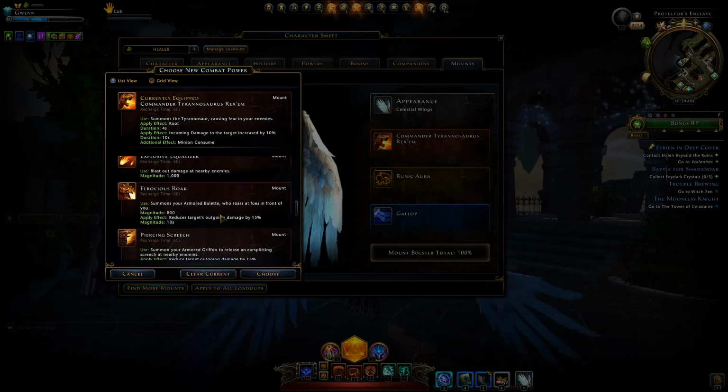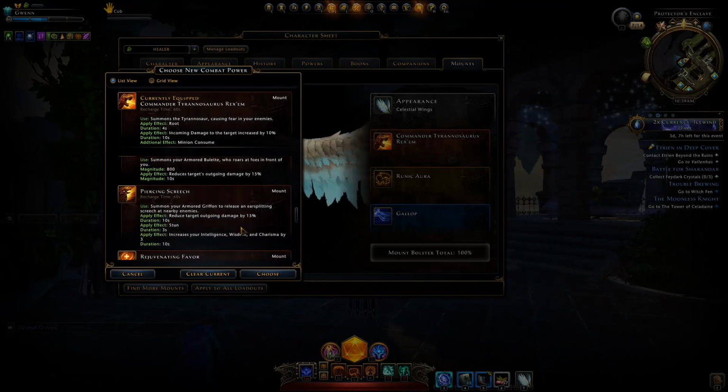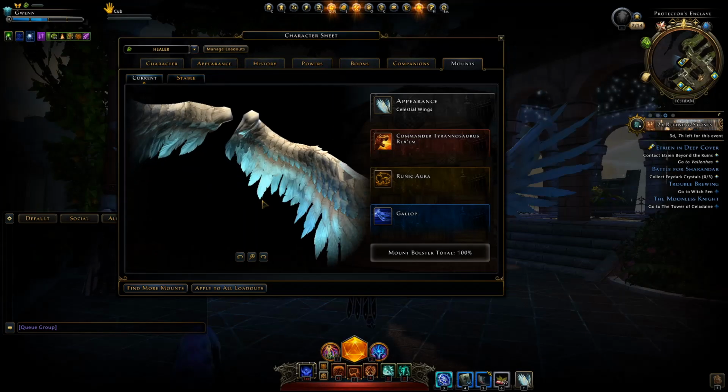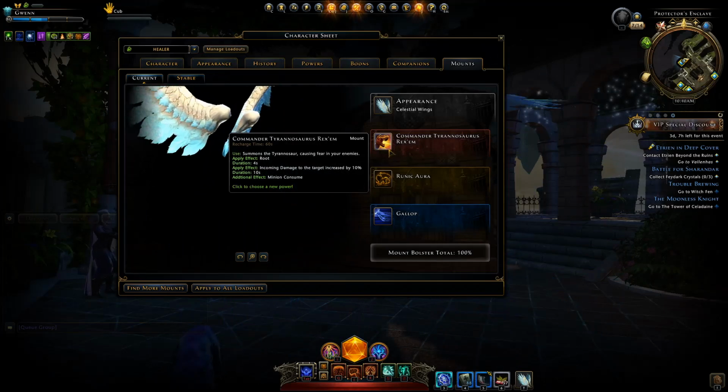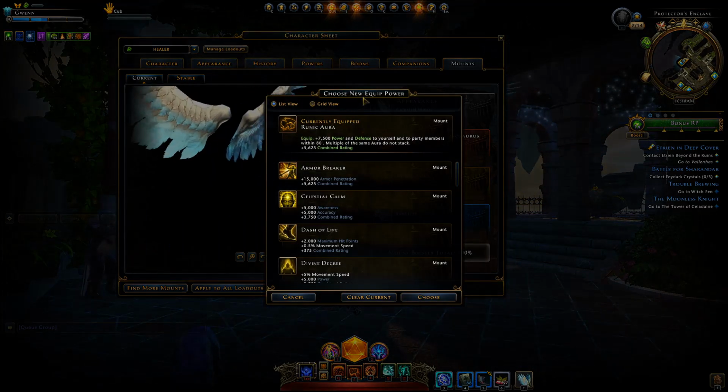The Ferocious Roars from the Bullet is going to reduce the outgoing damage from enemies. And so is the Piercing Screech from the Griffin. And there's a few more there that are going to buff your outgoing damage or damage resistance. As for our equip power to give extra stats,